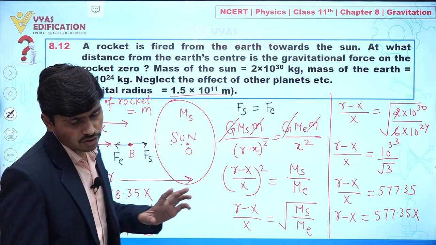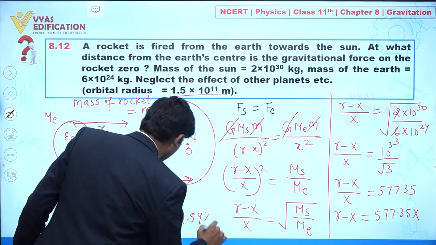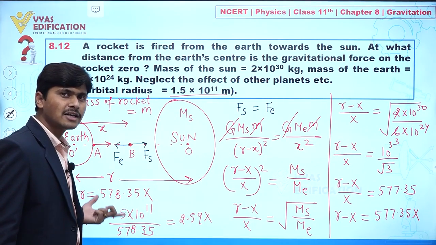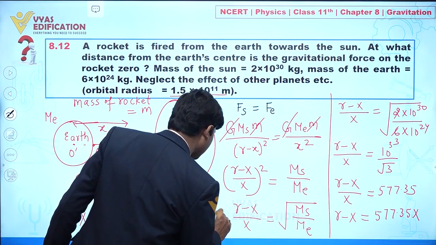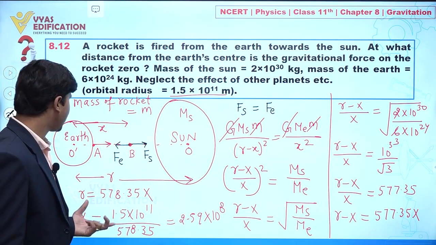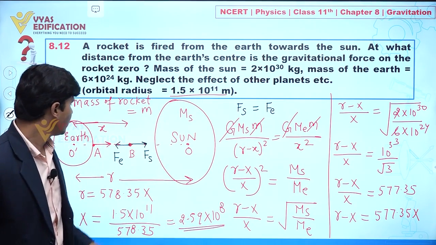Yes or no? So directly I am saying you are getting the value 2.59. Clear? Now you multiplied with 10,000, so we get 10 to the power 8. Clear? So the value of x that we are getting is 2.59 into 10 to the power 8, and I can say